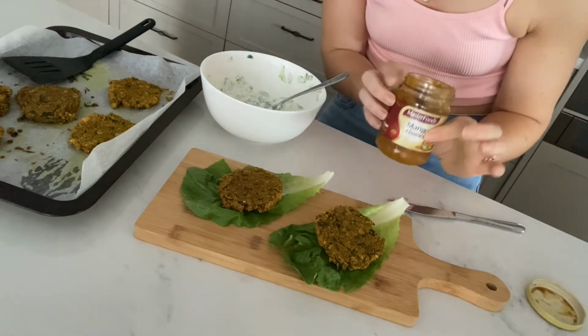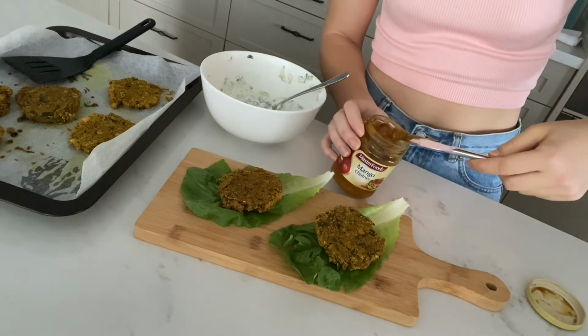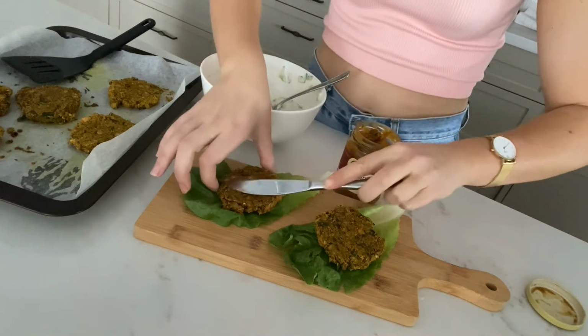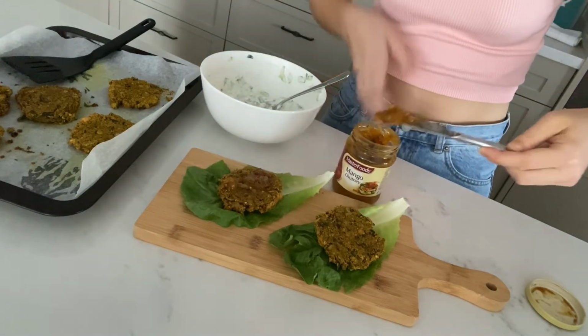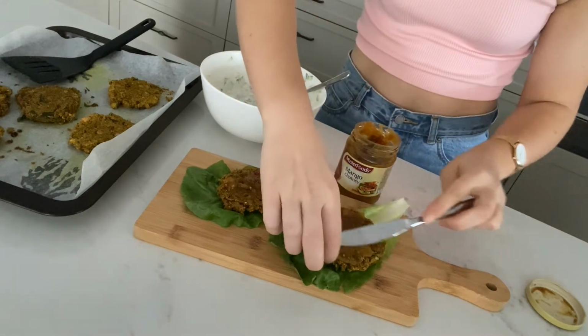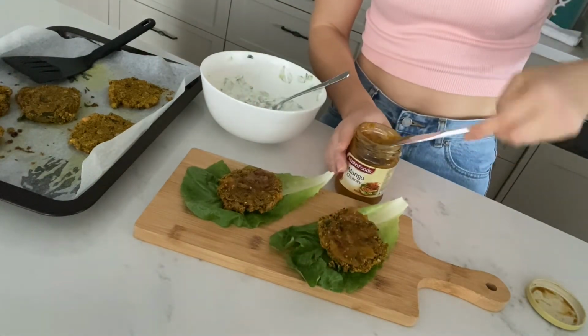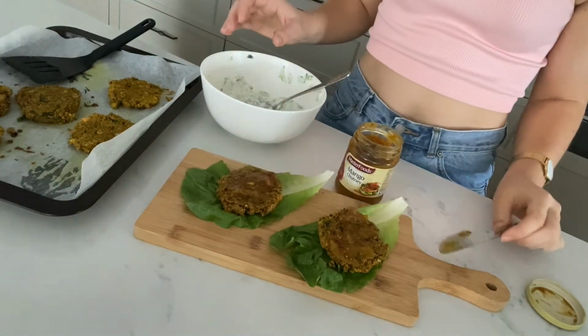So I'm just adding some mango chutney. This will just give it a little bit of sweetness. You don't have to put this on. I just like it because it adds a bit of extra flavour, something different every now and then. And I'm loving mango chutney at the moment. I've been putting it in everything. So just a little bit of that on the